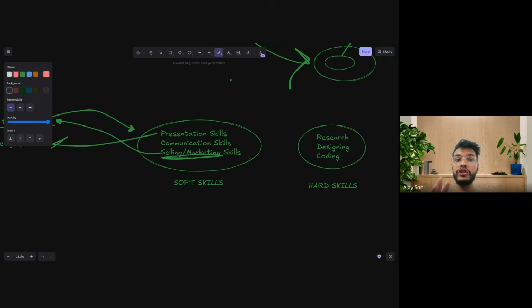Because I can teach you some techniques out there, I can teach you some frameworks out there, but I cannot make you excel in these skills, right? I cannot make you a pro or master in these skills. You can only get amazing in these skills when you are practicing these things every day, right?